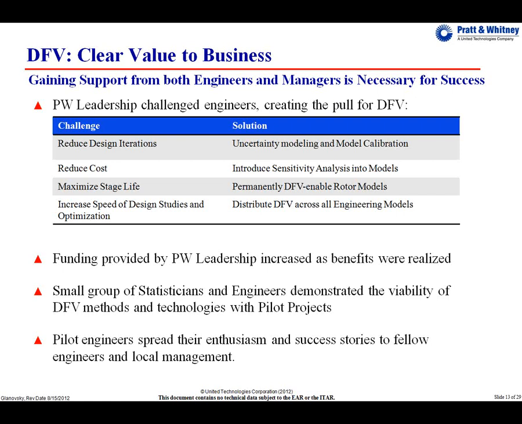The funding increased that we got as these benefits were realized from one project working to 3 to 5 to 10. We were taken more and more seriously around here, and that's how we slowly grew from being just a small special initiative to a strategic initiative, now to being our own discipline. And those pilot engineers, the first ones that really saw the potential DFV had to change the way engineering worked, they were the ones that became our advocates out there in the engineering.